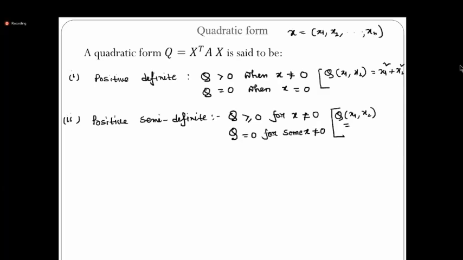Okay, so can anyone tell me one example of positive semi-definite? Very simple. When I give, you thought that okay, x1 square plus 2x1x2 plus x2 square. Okay, very good. That is basically x1 plus x2 whole square. Yes, sir. Right? Very simple. Look, just take x1 equal to minus x2. That means all the values which are negative of each other are always going to give 0. And basically these are non-zero values of x for which this is coming as equal to 0.